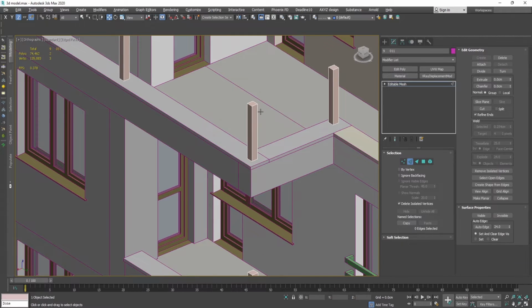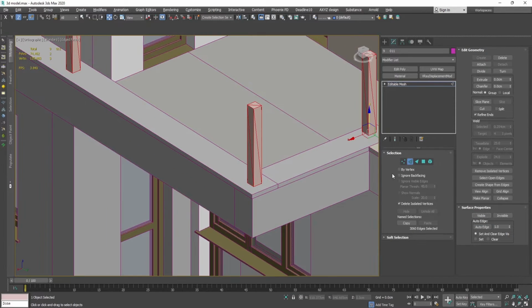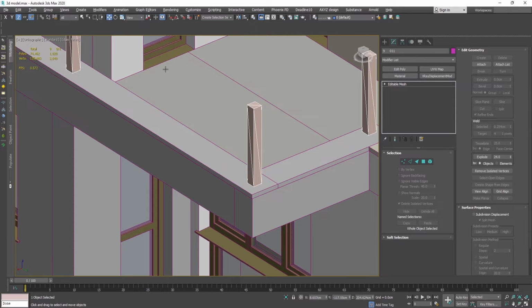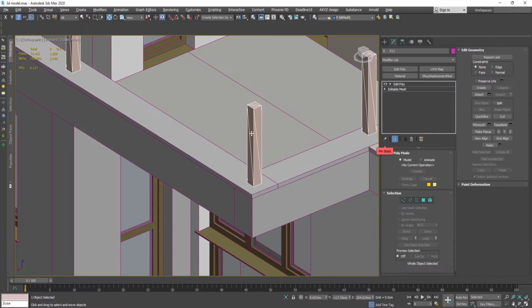I'm going to do the following. Under the edges, I'm going to select all of the edges. Here in Auto Edge, I'll select one Auto Edge and then press Visible. Here I have all of the visible edges. If I go out, you can see my object has 1020 polygons. When I do this, and then press Edit Poly,